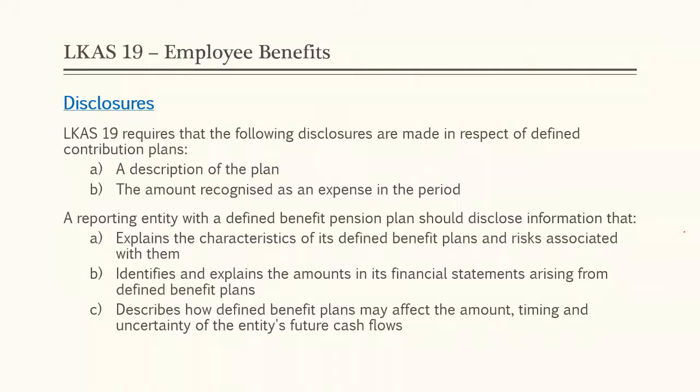If we take LKAS 41, plantation companies have more disclosures like this, and these companies have these kinds of disclosures in terms of LKAS 41. In terms of LKAS 19, these are the common disclosures we can observe. Refer to these annual reports and get an idea of these disclosures. Although it is written in words here, you can get a good idea of how they are actually done by referring to annual reports.